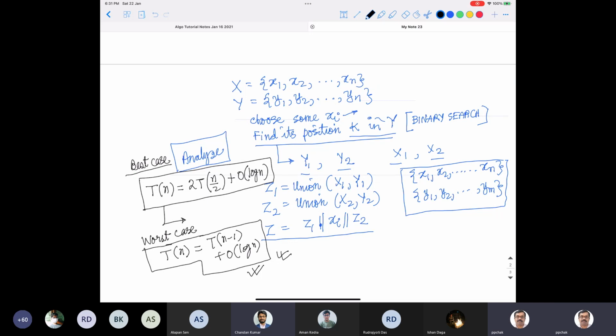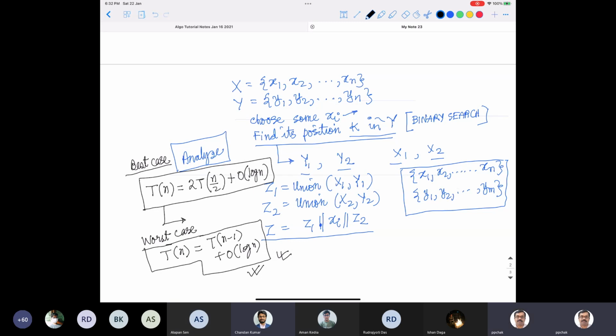So now tell me, is the second method of any use? Or is the first method always better than the second, or what? So I think the first method will always be better. Because in the first, we are going one element by one element, and then we are taking the